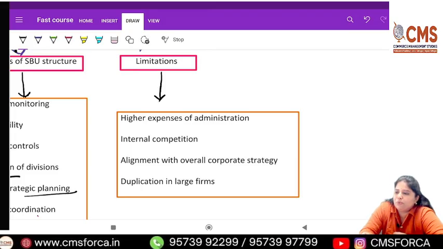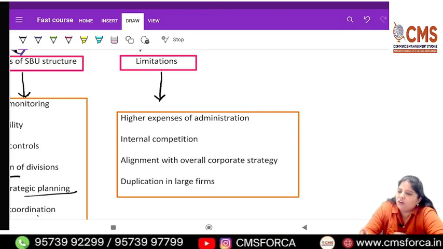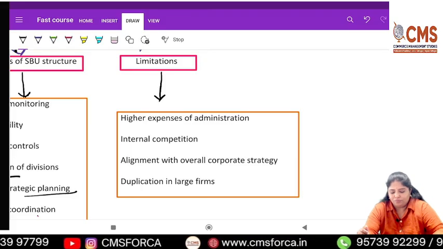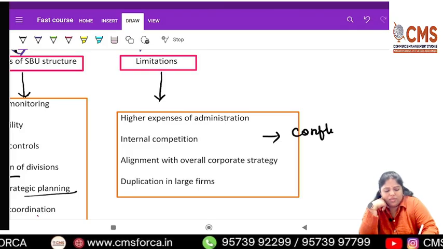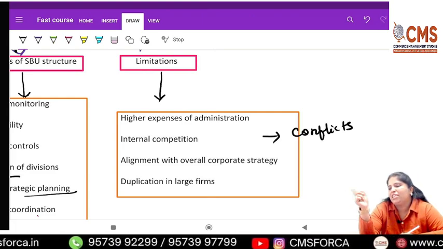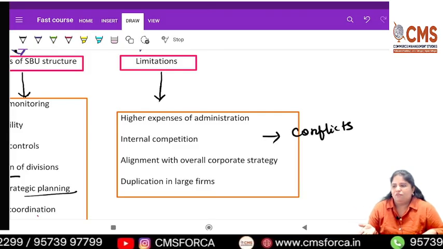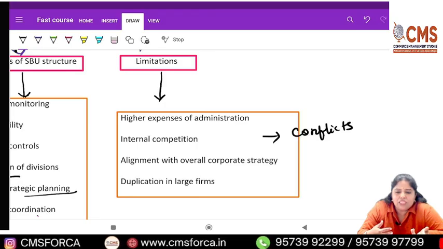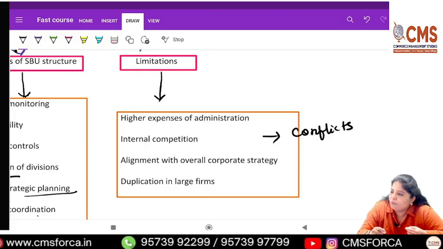It's very, very expensive on administration. And as you go on adding more and more SBUs, it becomes quite costly to administer. And there might be a lot of conflicts. Why? Because you are trying to compare the performance of SBUs. In one way it's an advantage, in one way it's a disadvantage. So when you see why you are comparing